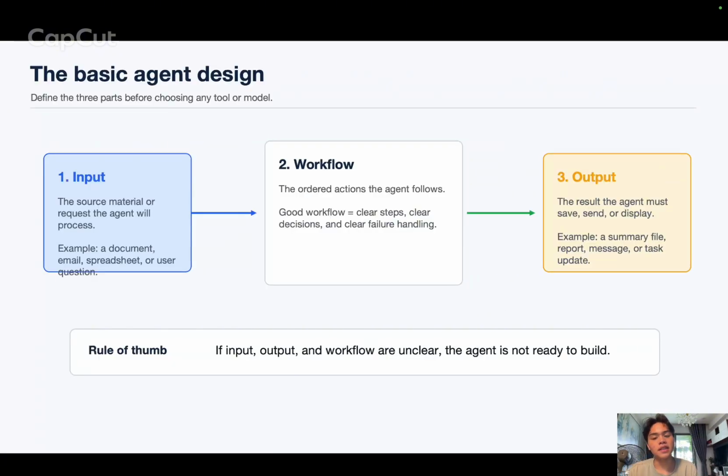So this is the basic design of an agent. We have three elements. Normally in a process we would have the input criteria, input, workflow or actions, output, and exit criteria. Those are the full process, but in the agent we only have three elements, which are input, workflow, and